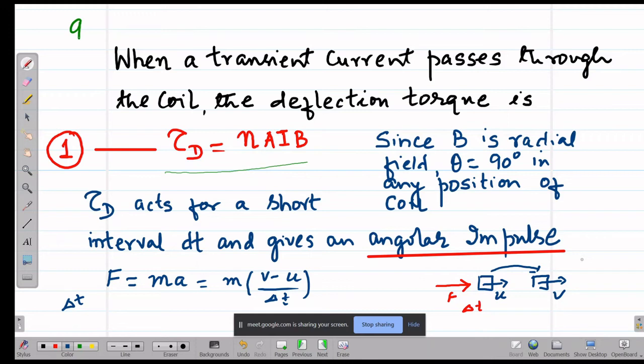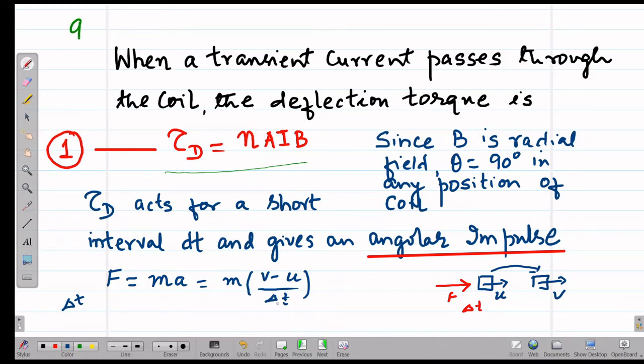Newton's second law, actually. When a force acts on a body, it produces an acceleration, so the velocity changes from u to v. So what is the acceleration? How do you calculate the acceleration? Rate of change of velocity, v minus u by t, or in this case I have taken delta t. That is nothing but the acceleration. So I can write F equals m into (v minus u) by t.